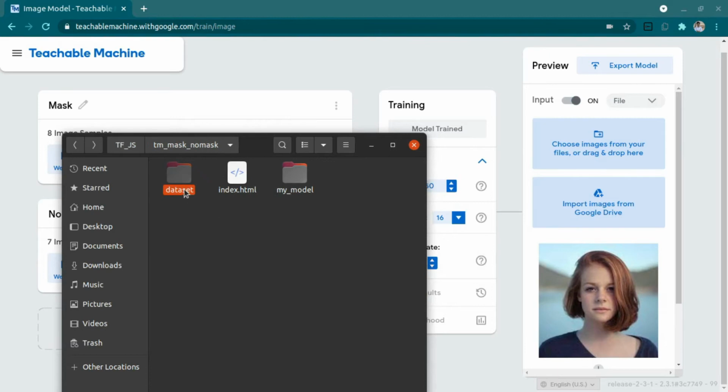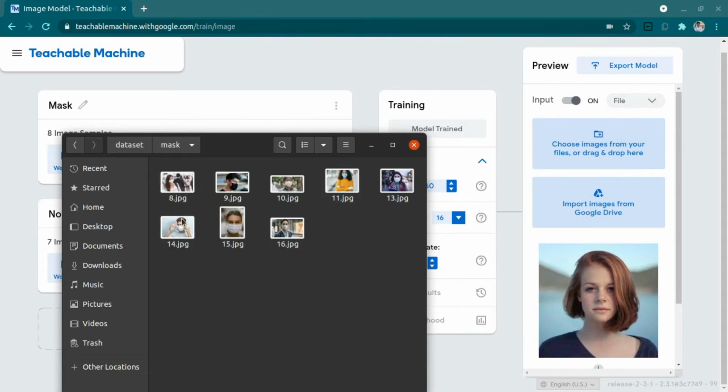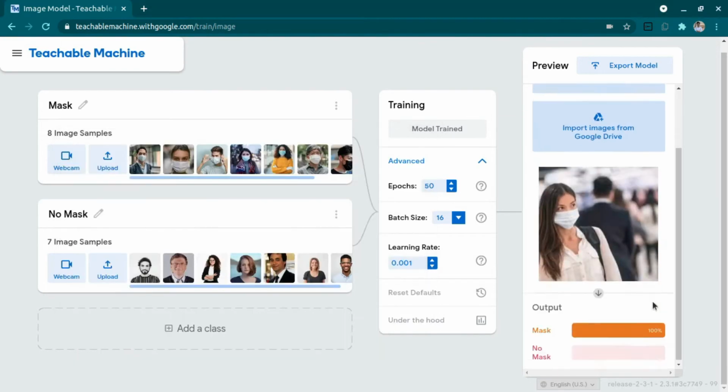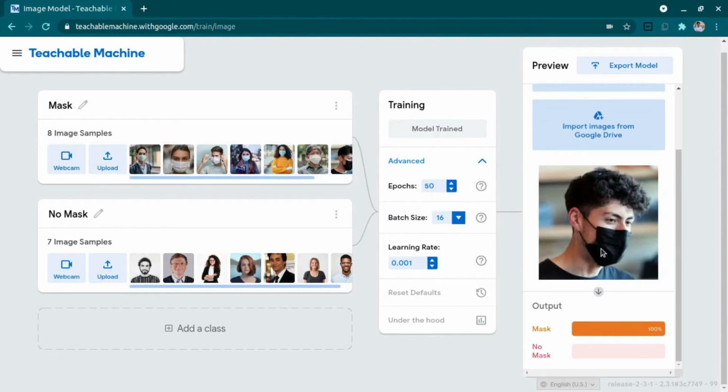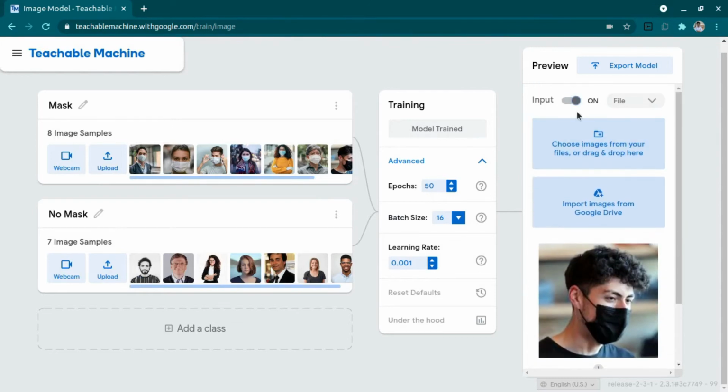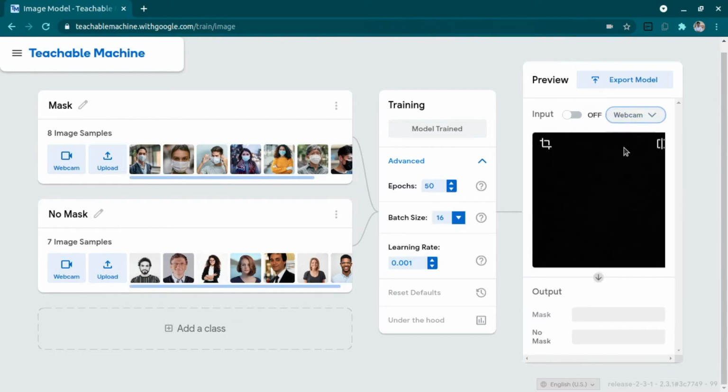So let's move to mask images. Great, it is showing 100% accuracy, but it won't show 100% in real time. So let's just start and try it on my webcam.